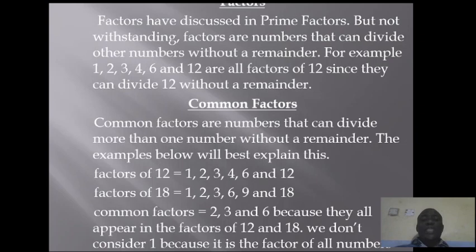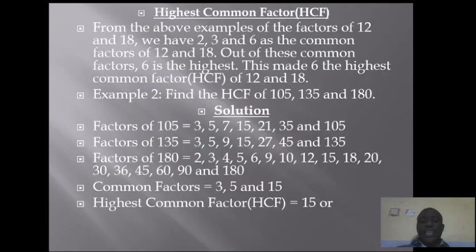So 2, 3, 6, they are all common factors of 12 and 18. So the next thing, which is our last objective, is the highest common factor. Highest common factor, from the example above, we can use it to